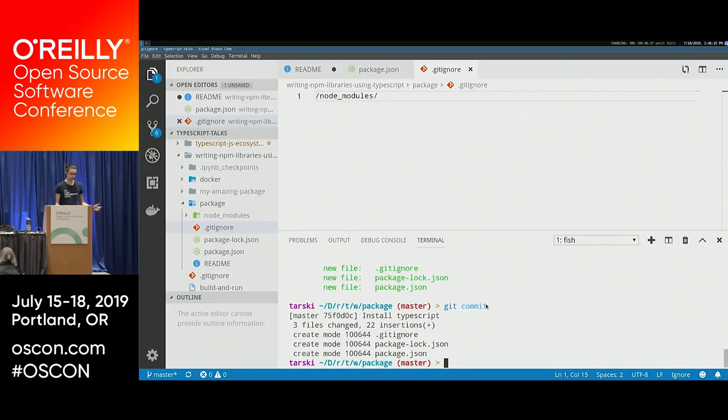All right, so we have a package.json, we have TypeScript, and we're ready to start using TypeScript. Now, you may have noticed that I didn't install the package TypeScript globally. I installed it locally to the package, which means that all the binaries that come with TypeScript aren't available in the command line for me to use. I did that intentionally